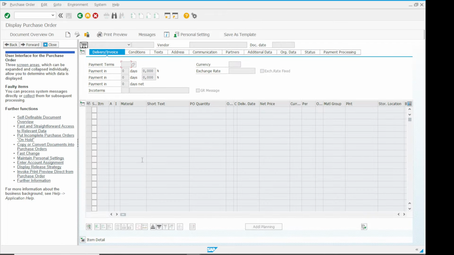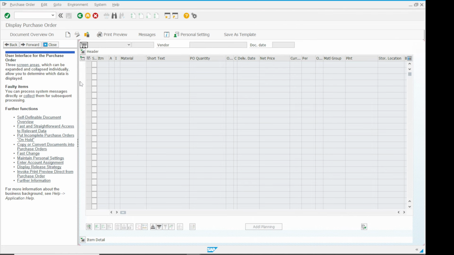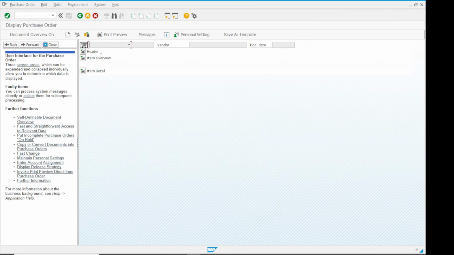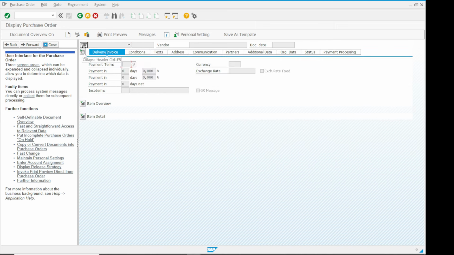Here it is. Now you can see that on the left hand side, the document overview is showing, and it also has some functions in the function bar, and it has the header, detail, three types of detail section, and one header section. So every header section, if we go to the header section, it has delivery, invoice, condition, tax,